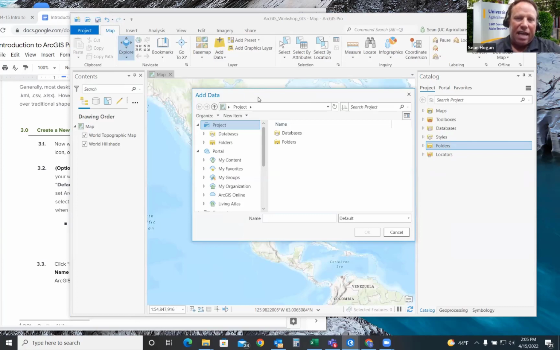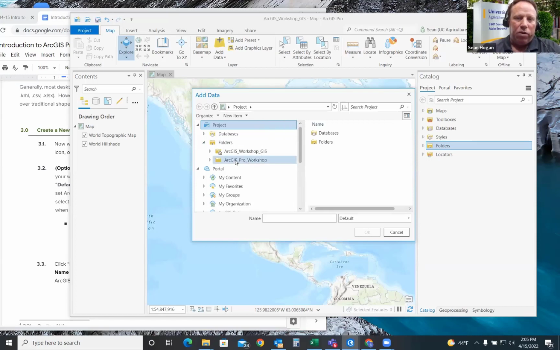Inside this add data window, now because we added the folder connection, we can click on this drop down here, and the ArcGIS workshop folder now is visible to us. We can go inside of that with the little triangle drop downs, and then click on Mosaic.